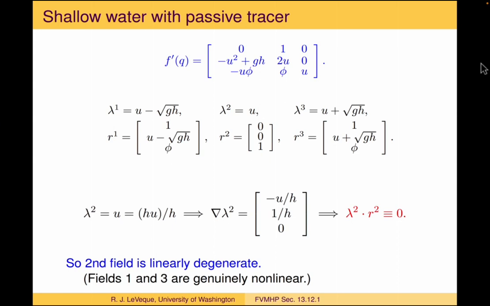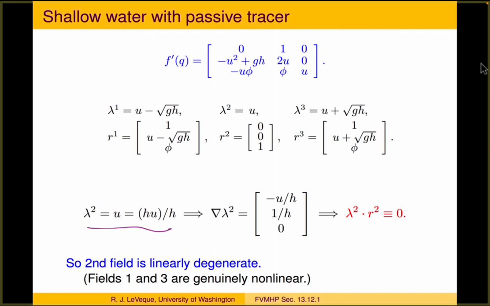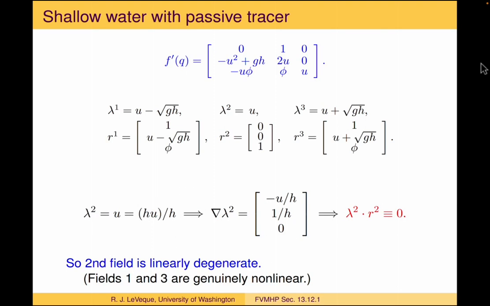And we can check that that intermediate wave family is linearly degenerate. If we calculate, λ2 is u, which we can write as hu over h, and then if we take the gradient of that, differentiating with respect to h, hu, and phi, we end up with this vector. And then if you take the inner product of that with R2, this vector up here, what you get is identically 0. And so that shows that this second field is linearly degenerate,